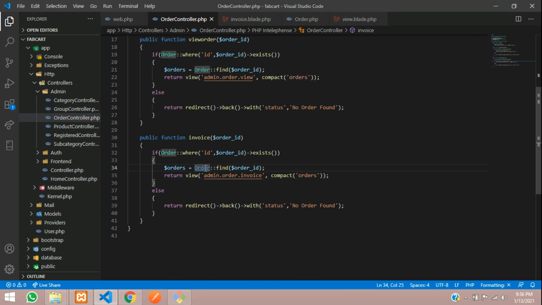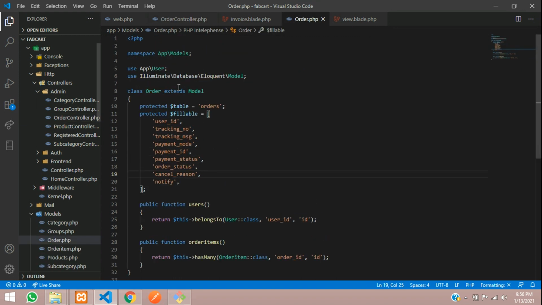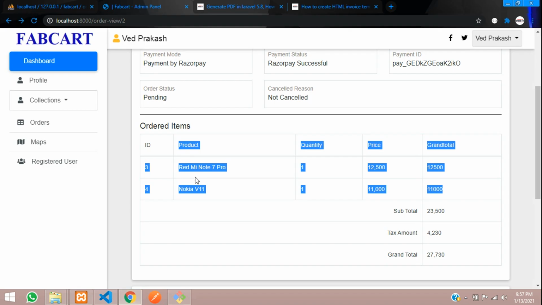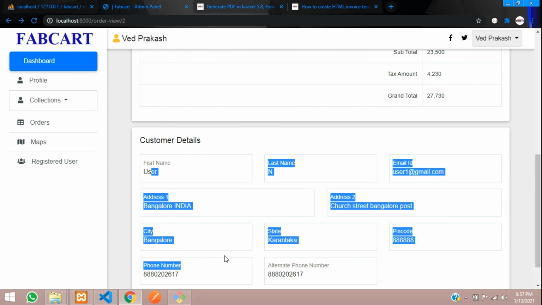So what things you are proceeding with in this order, we will see. So we are seeing the order items and user data in this order model. So let me go to this order model. So guys, this is my order model, right? Over here you can see that it's going to user data and order items. So these details are coming from here. So this is using belongs to, and we have a has many relationship. These relationships we are viewing and then getting all this data. So for items we are using has many, and for user we are using belongs to.